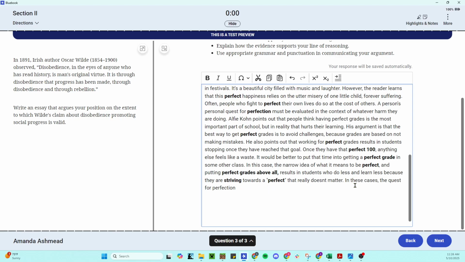In these cases, the quest for perfection led to terrible consequences, either for the poor child who was abused, or for the students themselves